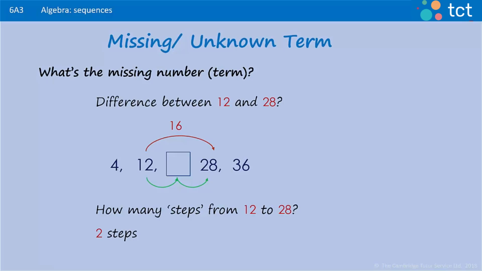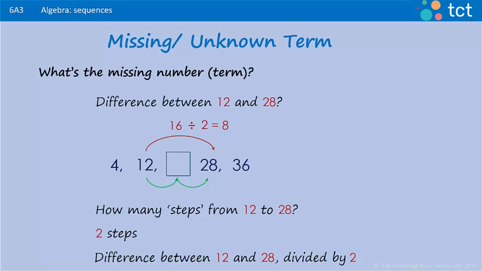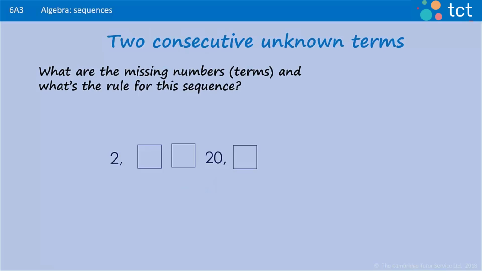Now we have that information, we take the difference between 12 and 28, which was 16, and divide that by the number of steps, which was 2. 16 divided by 2 is 8, and as we established with this before, the rule is add 8, and the missing term is 20. Now we're going to apply that same concept, but this time we have two missing consecutive